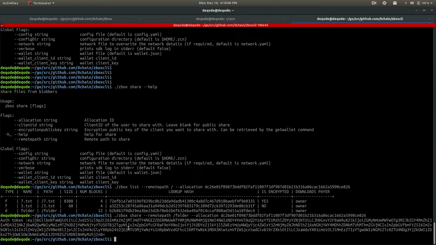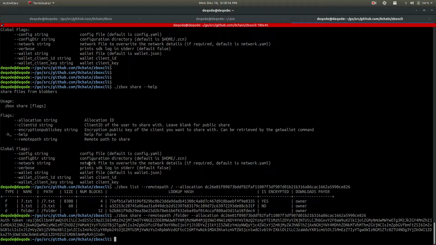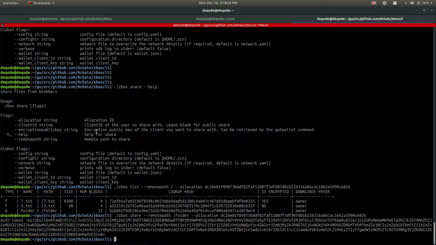So what happens now, when you download an auth ticket which is for a file, you directly use it inside the download command with the auth ticket, and it will work, it will download the file. But if you use this auth ticket which is for a folder directly inside the download command without the lookup hash parameter, it will fail. It will say, hey, I can't download the folder, tell me the specific file. So what you have to do, you have to use this auth ticket